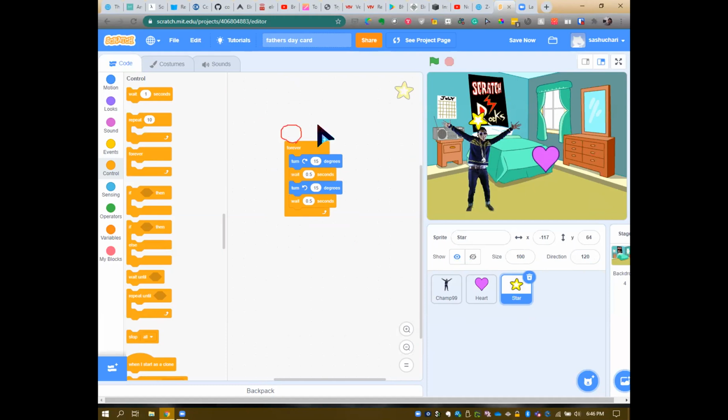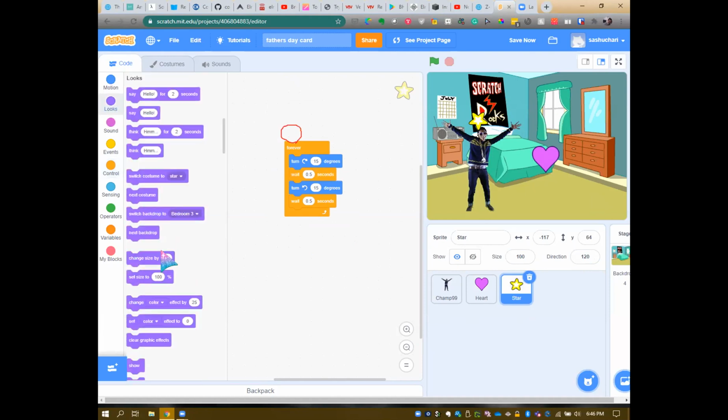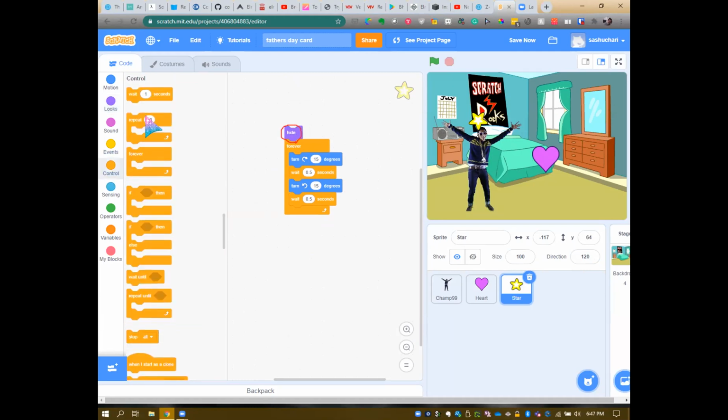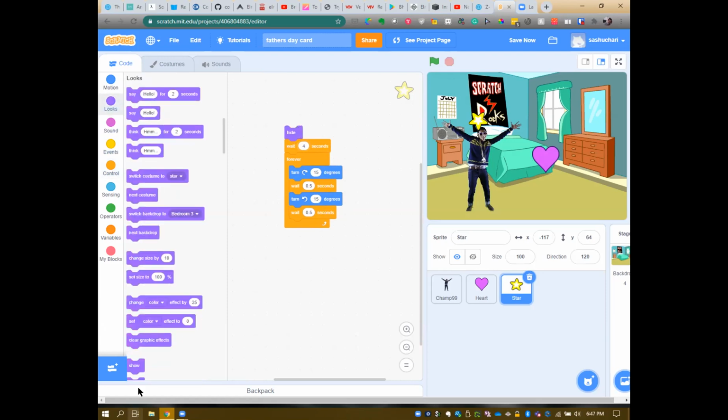Go to looks and drag and drop hide. Then go to control, wait for 4 seconds, and after that put show.